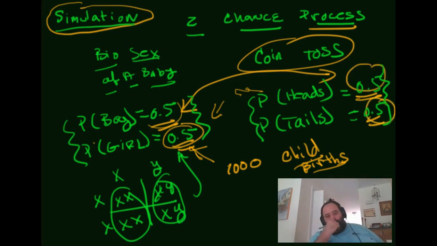Now, in theory, I could simulate the coin toss at the beginning of a football game by producing a pregnancy, right? So that could happen. It's not really a good idea. I mean, we're going to make a baby every time we're going to figure out who gets the ball first in a football game, but one could simulate the other, right?